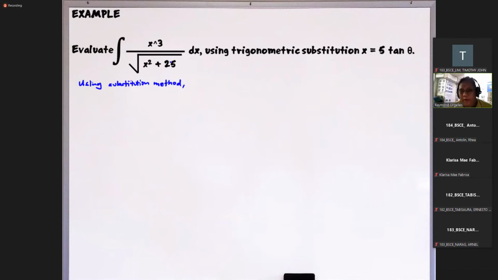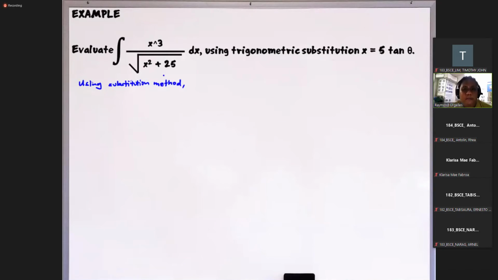And darating din kayo sa point na hindi niyo na kailangan mag-substitution method. Kumbaga yung substitution method, iniisip niyo na lang, tapos diretso na kayo dun sa final answer. Nangyari sa amin yun dati nung college. Nung 53 namin, yung Calculus 1, nagsa-substitution method pa kami, then biglang pag-jump namin ng 54, yung Calculus 2, yung prof namin, hindi na nagsa-substitution method. Dumiretso na siya dun sa integration.